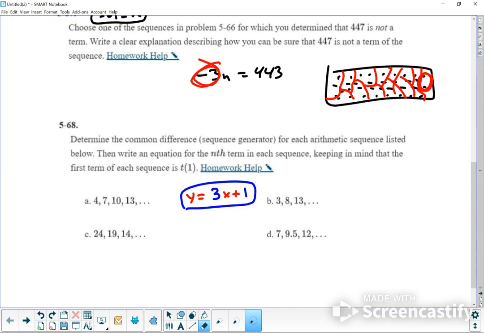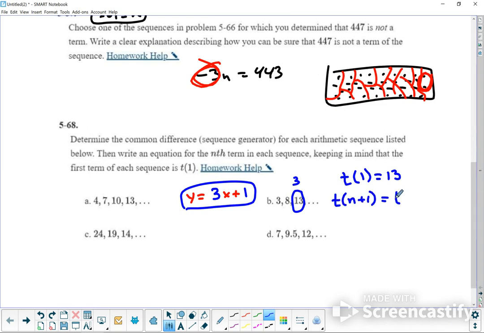Okay, let's do recursive. Recursive is really easy. I like recursive. For recursive, you need to pick any one of these. So I'll pick the third term. This is the third term. So I'll say T1 equals 13, and T of n plus 1 equals T of n